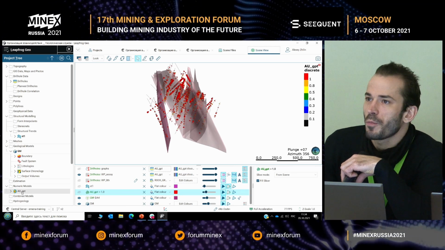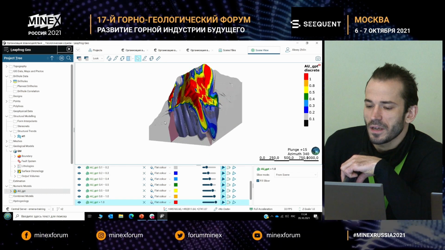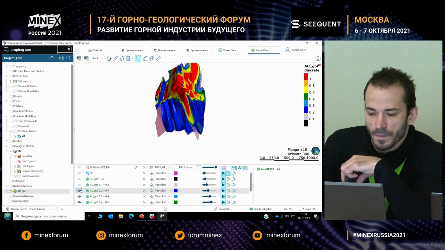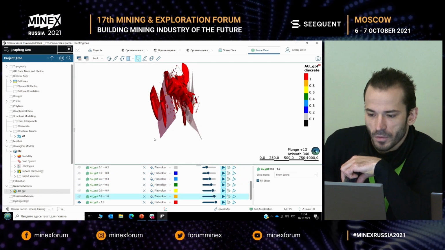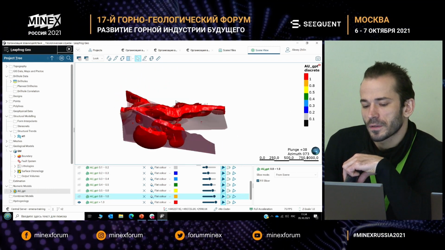Again, we can make an assumption about the alternative version, that there is a mineralization which is connected with this area, with this side. Can you see it here? We have already applied this digital trend.